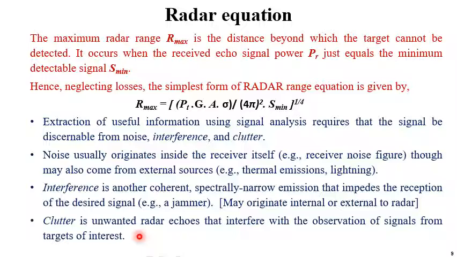Now you can control that clutter if you remove the transmitted power, right? But if you remove the transmitted power, you will not be able to detect the target at all. That means transmitted power will be there, and since transmitted power is there, clutter will be there. That means for a radar engineer, it is very difficult to identify the actual target echo from the clutter echo, because clutter echo is also an echo, but those objects are not targets. That's the only difference.